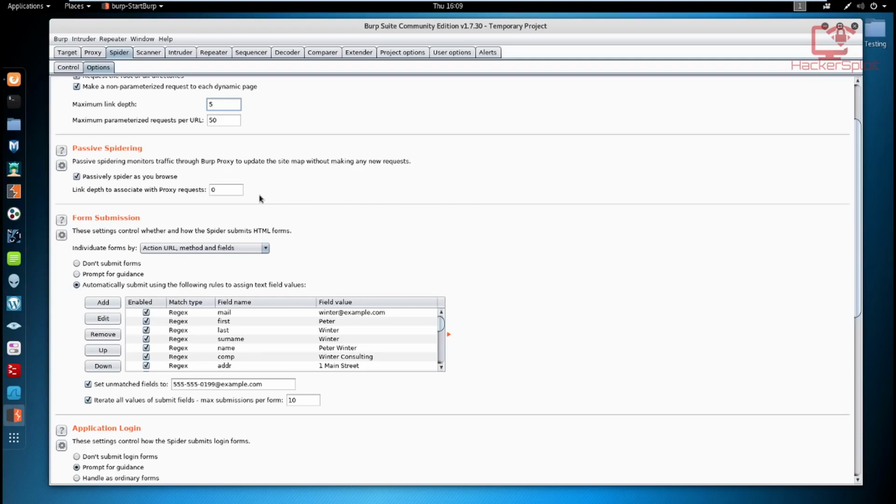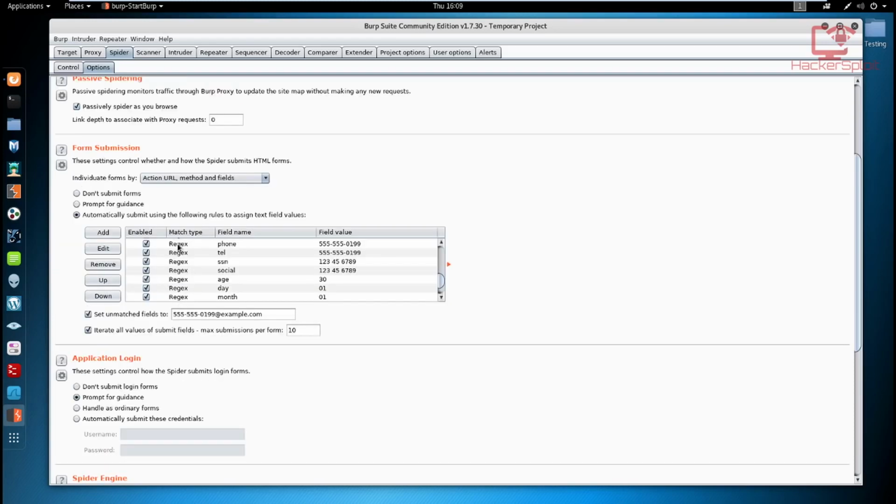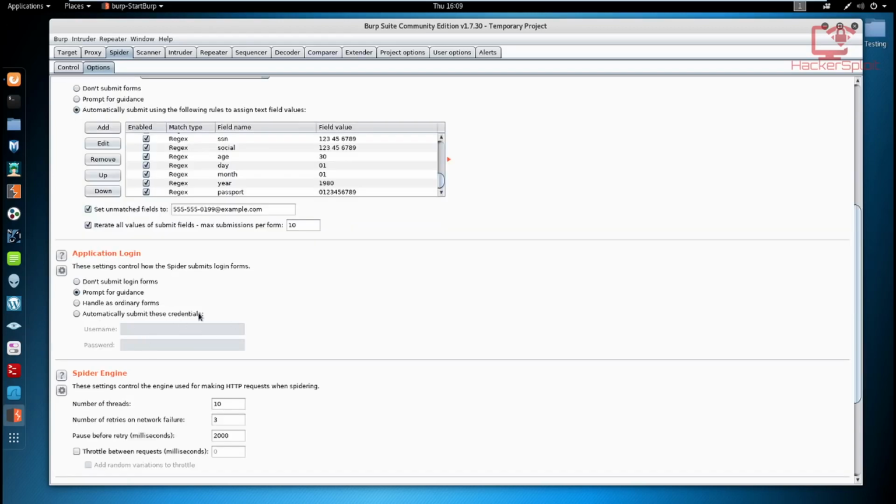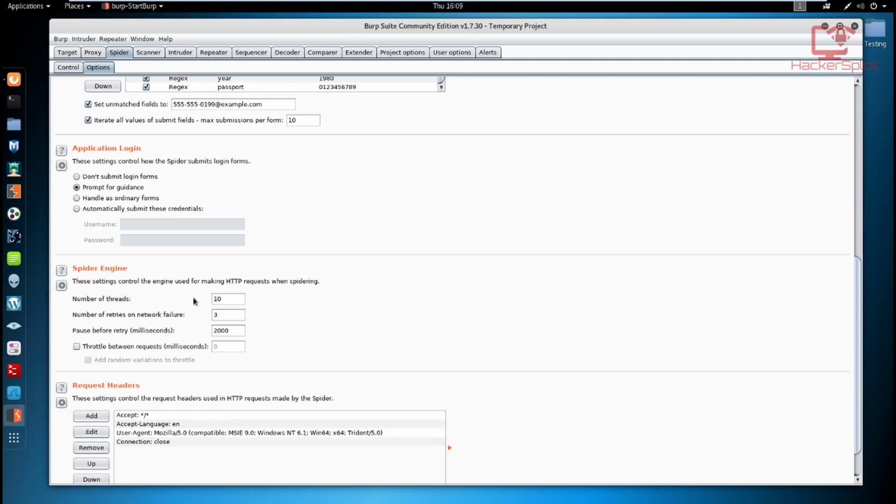All right, so form submission, this is something that I said we'll be talking about in the next video, because it is quite advanced, and we'll get started with the damn vulnerable web application there. Moving on to the Spider engine, we'll be looking at application login as well, but for now, we will just skip over that. When we talk about the Spider engine,